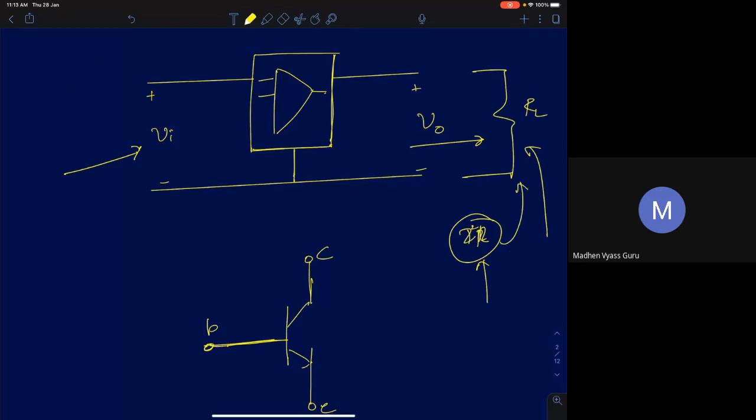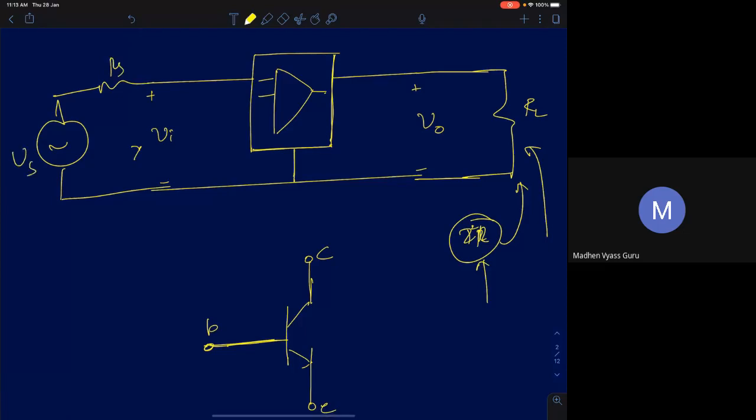And where does this power come from? The power has to come from the amplifier. The amplifier has to deliver this power. So that's why I said it's a very common tradition to model the load as a resistor. And I also said the input tends to have an input resistance, a finite input resistance.